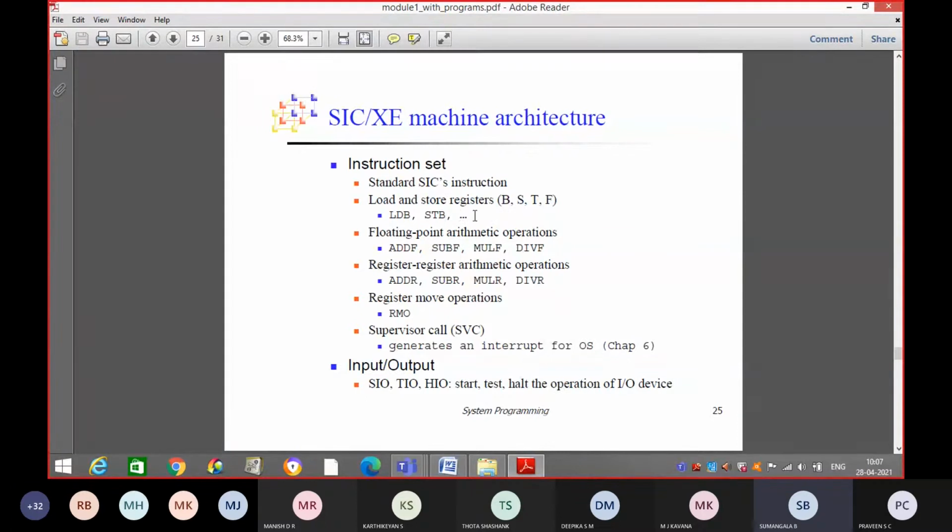When I want to load from the memory location into the register, use LD. When I want to store from the register onto the memory location, use ST. It depends on which register you want to store from, so you use LDB or STB, like that. Is it clear?